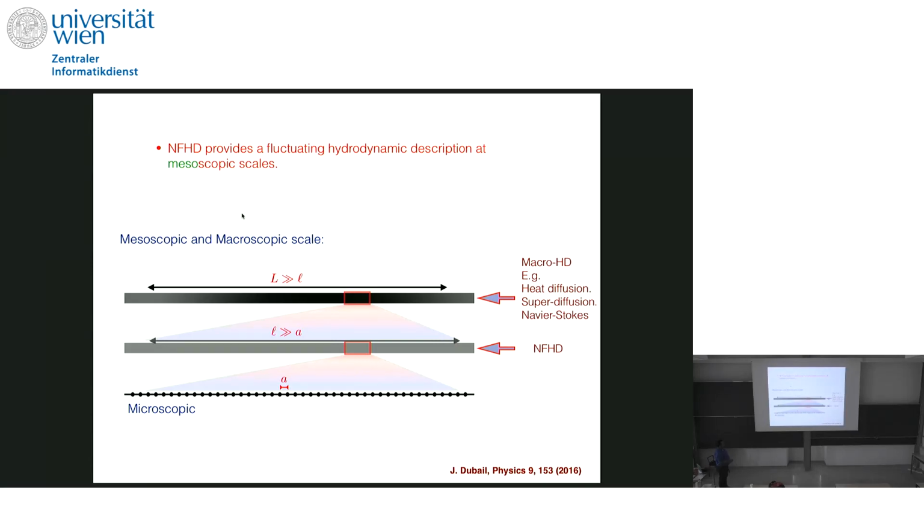So that means you look at a coarse-grained level. So you coarse-grain over a length scale, which is much, much larger than this. And as a result, these particles appear as fluids. And you write down a hydrodynamic equation, but still you have fluctuations and dissipation. So here you write fluctuating hydrodynamic equation and use those equations to make predictions on a much larger length scale, where you get a macroscopic evolution, where you usually get macroscopic hydrodynamics like super-diffusion or Navier-Stokes Fourier equations like this. So this is microscopic, this is mesoscopic, and this is macroscopic scale.